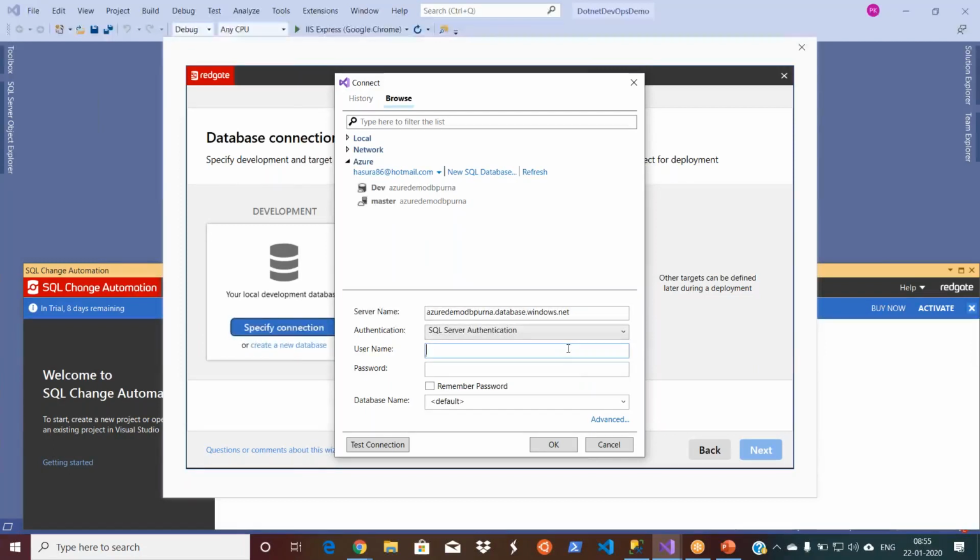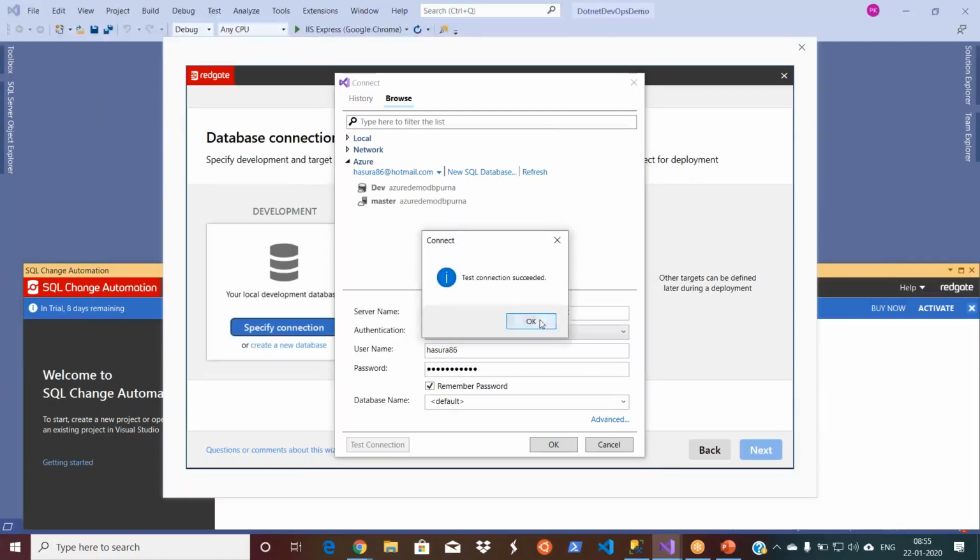Okay, let's go, and I'm using the same user ID. Remember, set test connection.